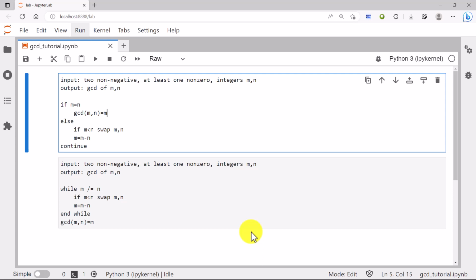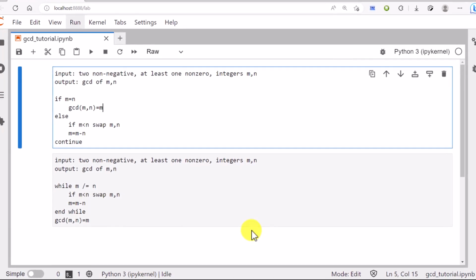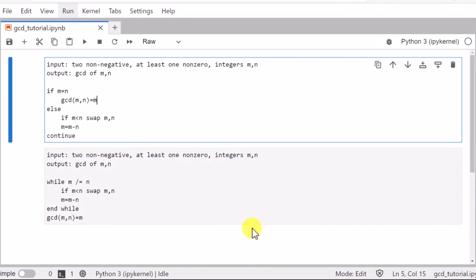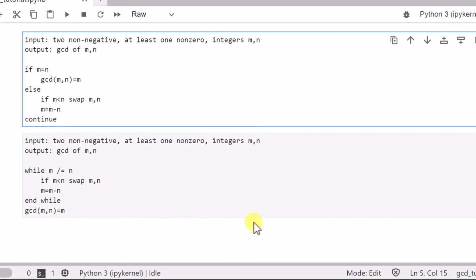In our last lecture, we discussed the pseudocode of GCD of two non-negative integers. Now in this session, we will write the actual Python program for the same. So here you see that I have already opened up my Jupyter Lab window, and within this Jupyter Lab, I